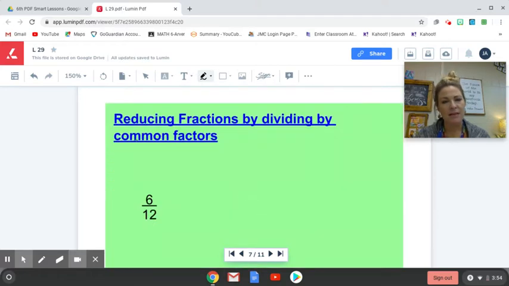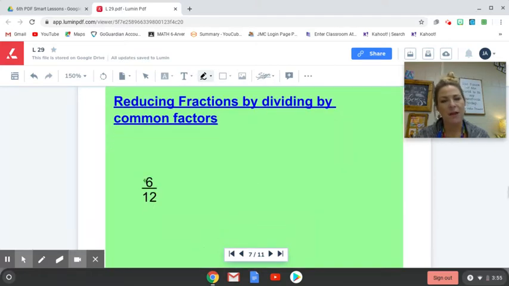Reducing fractions by dividing by common factors. So looking back at this fraction of 6/12, when I walked through reducing this earlier, I modeled that I noticed that they can both be divisible by 6. 6 is in fact their greatest common factor, but just for the sake of showing you how to reduce this, if you weren't automatically able to identify the fact that they both have 6 in common, I want you to be able to identify just one common factor that they might have, because that works as well. You can just reduce them by a common factor and repeat the process until you get to the simplest form